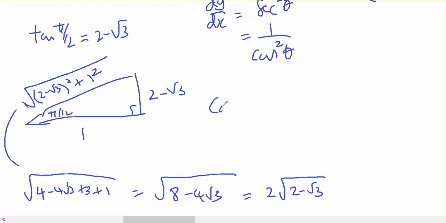So therefore the cos of pi on 12 will be 1 over that, 1 on 2 square root of 2 minus root 3,